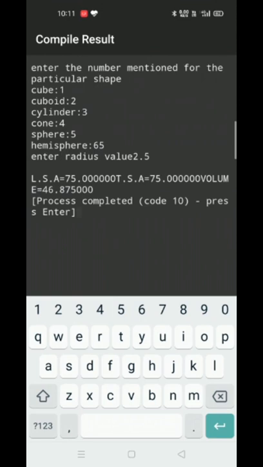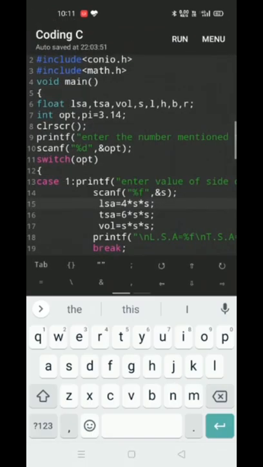Here we can say that it is taking them and it is printing the results in decimal points. In this way we have to write the program to find the lateral surface area, total surface area and volume of the 3D shapes.